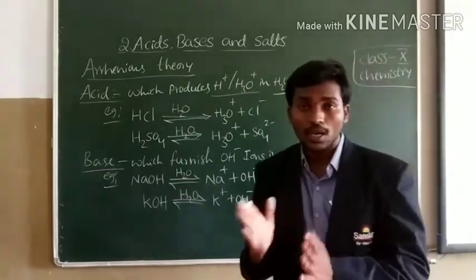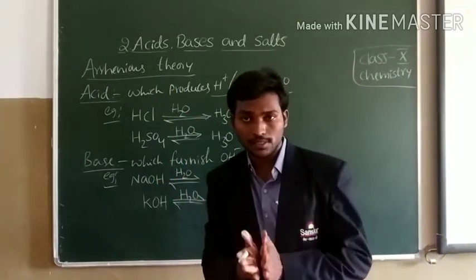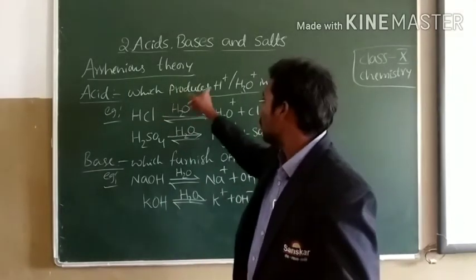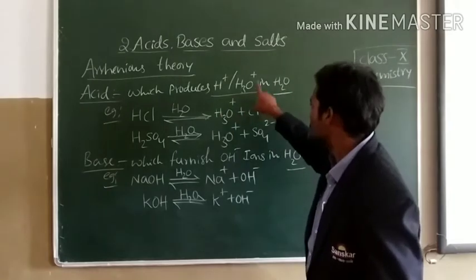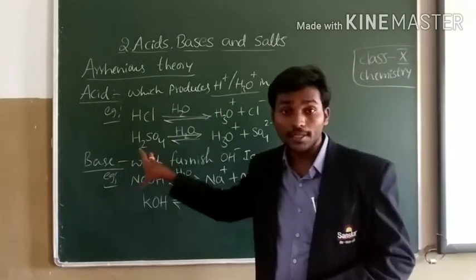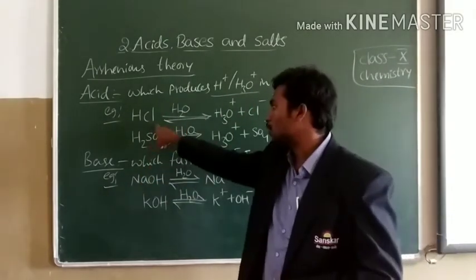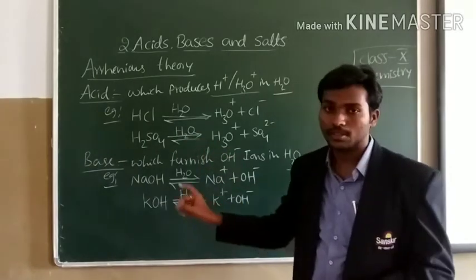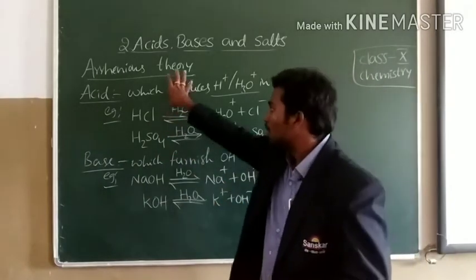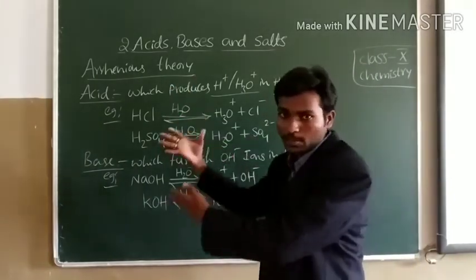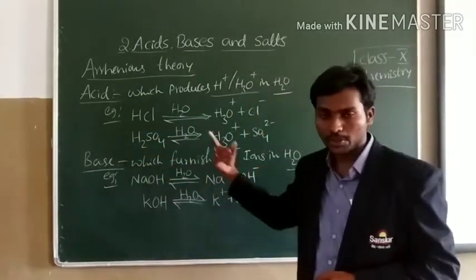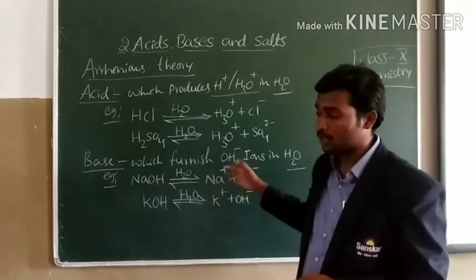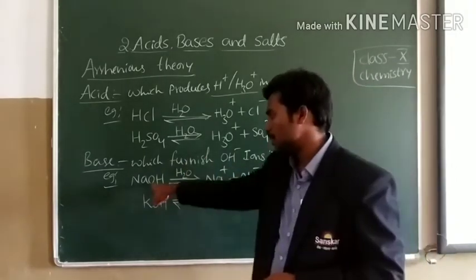According to the Arrhenius concept, the substances which furnish H plus ions or H3O plus ions in aqueous medium are called Arrhenius acids, for example hydrochloric acid and sulfuric acid. And the substances which furnish OH minus ions in aqueous solution are called Arrhenius bases, like